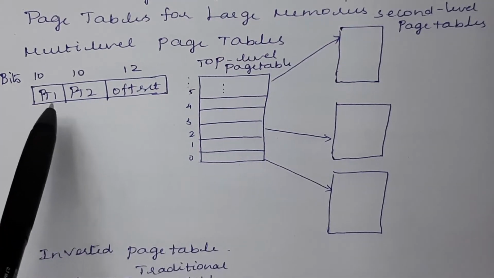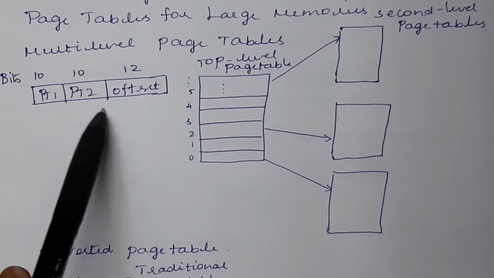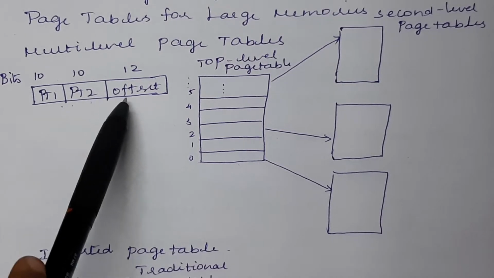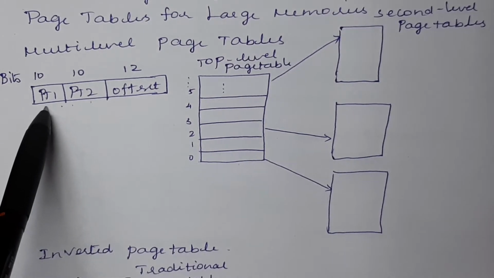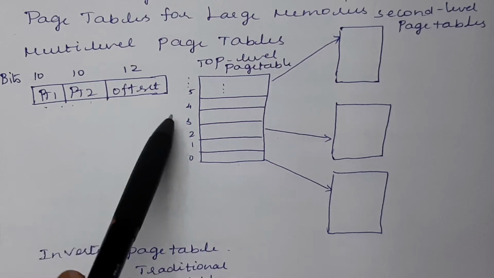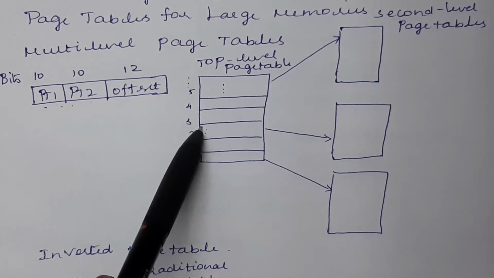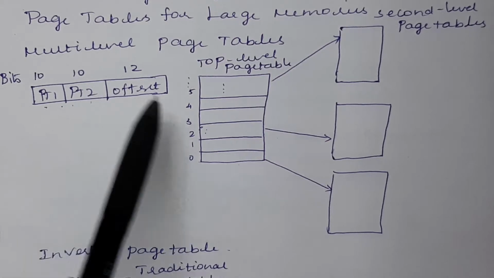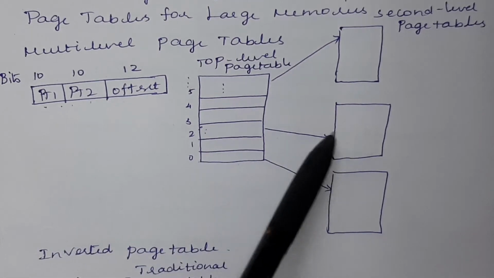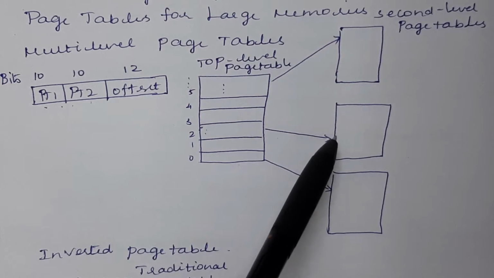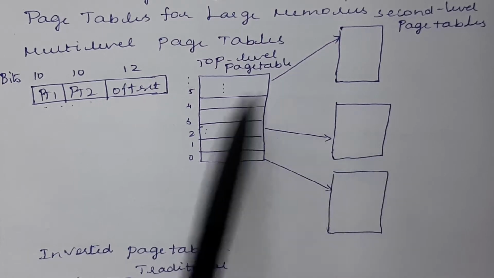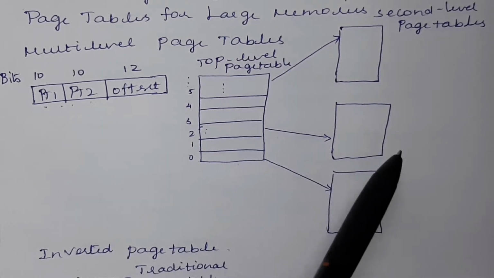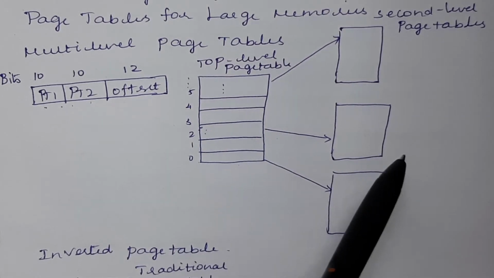If it is a two-level, then we need to use this 32-bit address field as three partitions. The first partition is used for holding the index that we are referring to in the first page table, that is page table 1. The next partition is used to refer to the index in the second page table, and there we will get the page frame number, and from that we use the offset value in order to get the particular instruction or content, which means the data whatever we need.